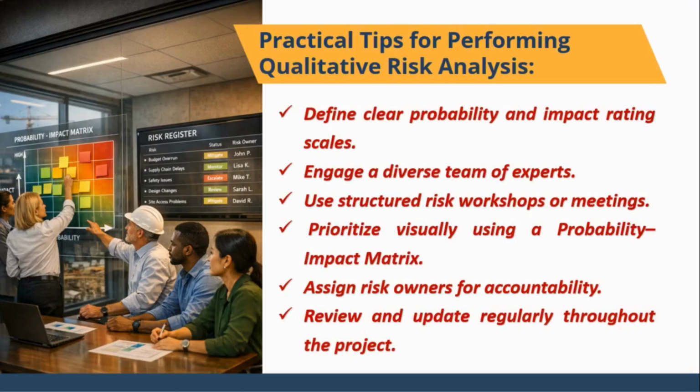To ensure qualitative risk analysis is effective and consistent, several best practices should be followed. First, it is essential to define clear probability and impact rating scales. These scales must be agreed upon by the project team in advance and documented in the risk management plan. Clear definitions reduce subjectivity and ensure that all participants interpret terms such as high probability or major impact in the